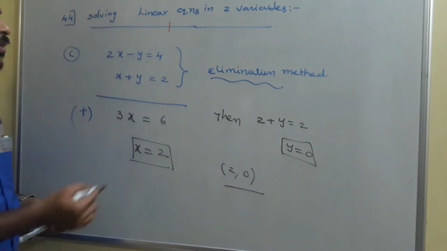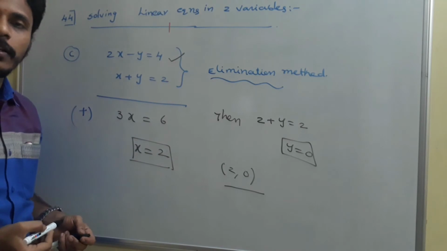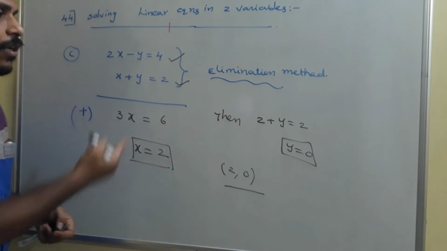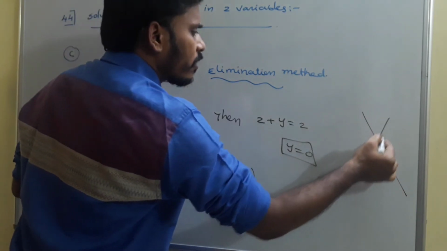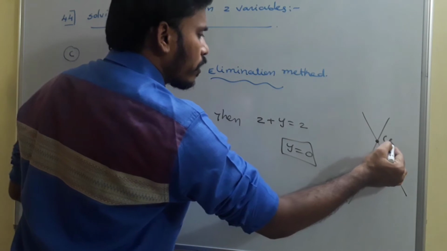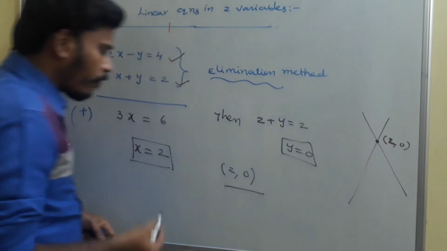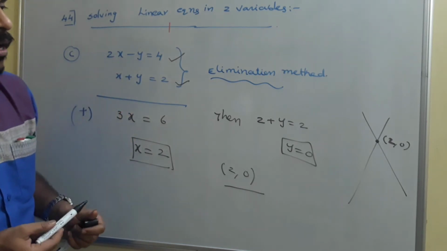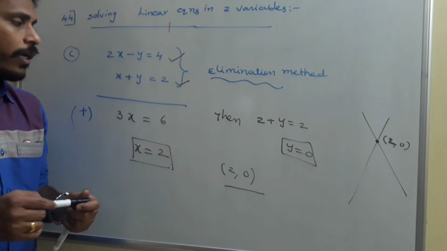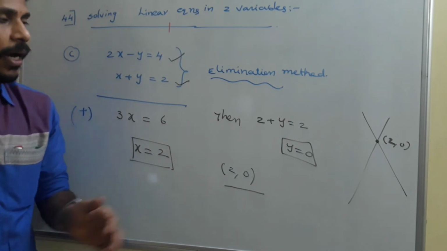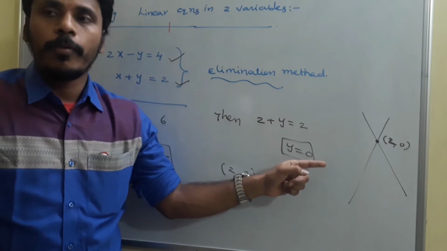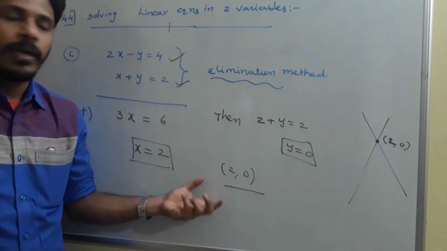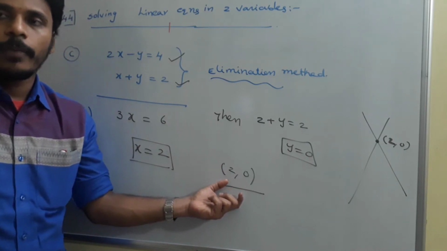You just think once again, the first equation represents a line in the graph sheet, the second equation represents another line in the graph sheet. See, these two lines may intersect at some point, and that common point is simply 2 comma 0. There are infinite number of points on the first line, as well as infinite number of points on the second line, and if you sketch them, those two lines will intersect at the point 2 comma 0. Okay, and sketching the graph and identifying the common point is the graphical method, and solving it by this elimination method is the algebraic way, and at the end the solution is 2 comma 0. Okay, just have a look.